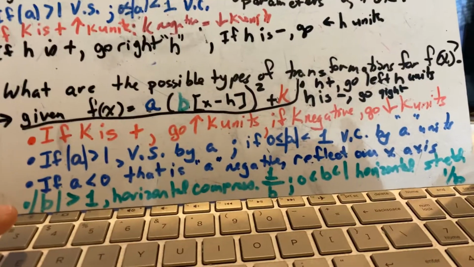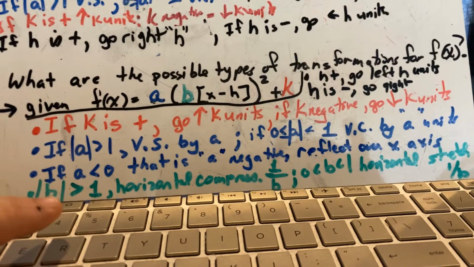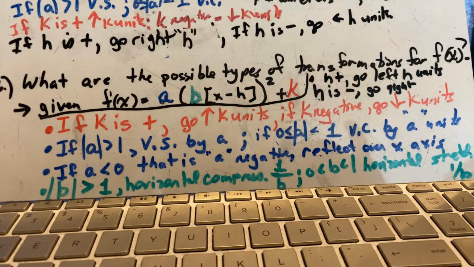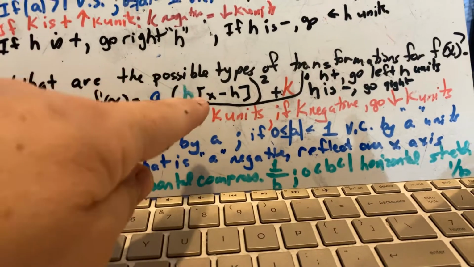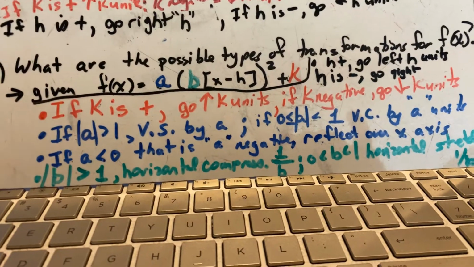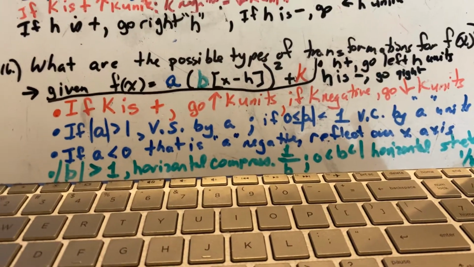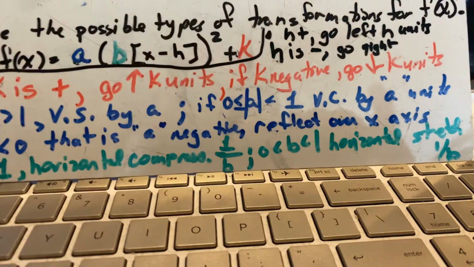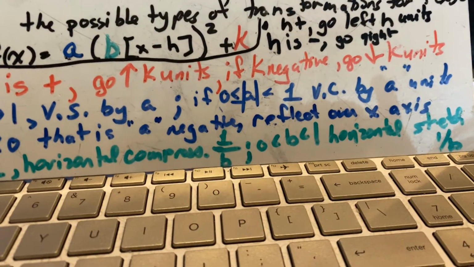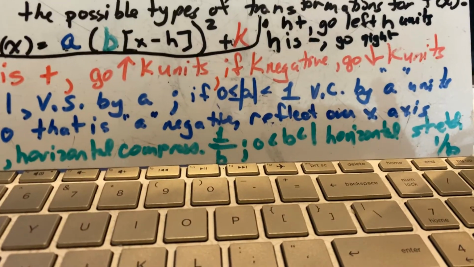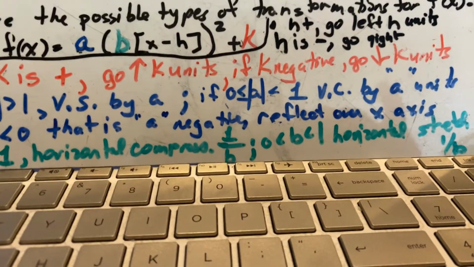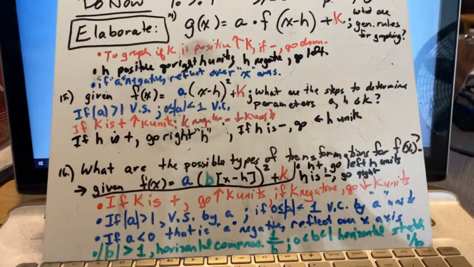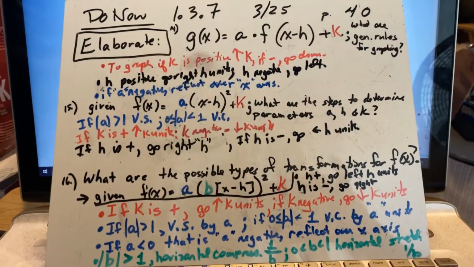So if the absolute value of b is greater than 1, now if this were outside and was a vertical dilation, it would be a vertical stretch. But because it's inside the house, it's the opposite of what we think. So this results in a horizontal compression of 1 over b. If the absolute value of b is between 0 and 1, you experience a horizontal stretch of 1 over b. It doesn't have to be that specific, but those are the general transformations that can occur with